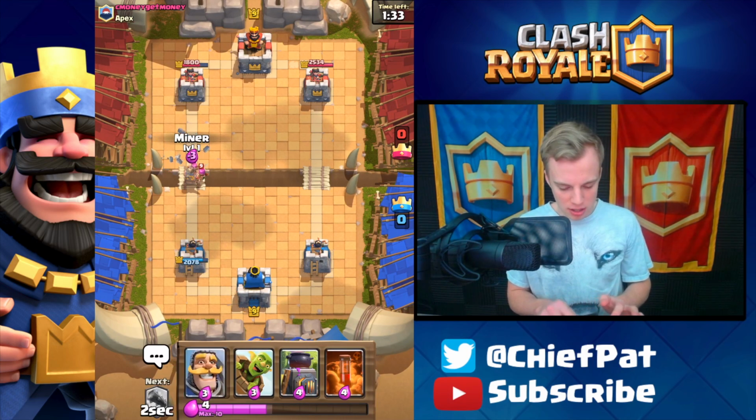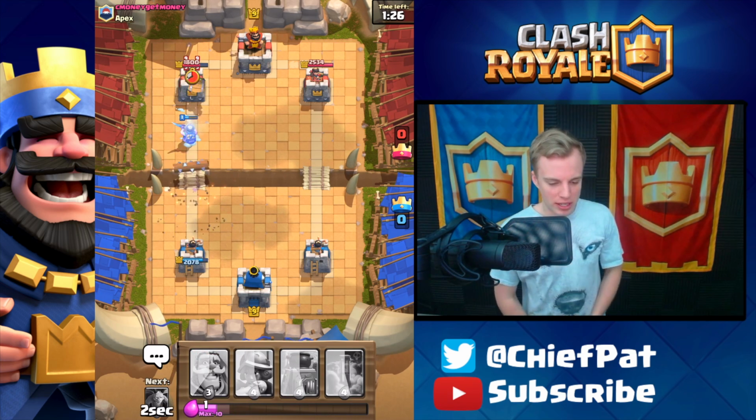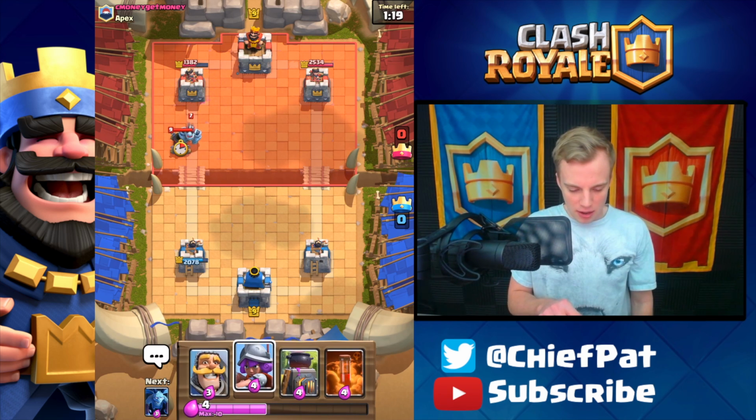And we can play a Miner to stop these Archers, so a pretty wacky start to this game, I have to say, but not the end of the world. Let's get our Log going down to help out. Log's going to help out against those Skeletons. It's going to clean up those Skeletons. And now, yet again, we're facing off against...